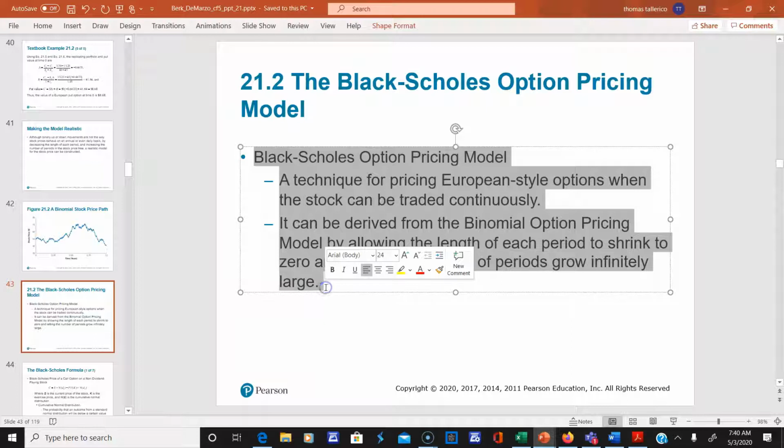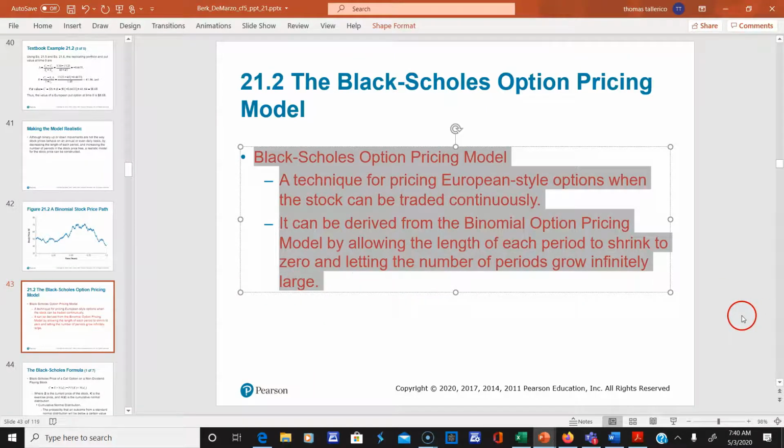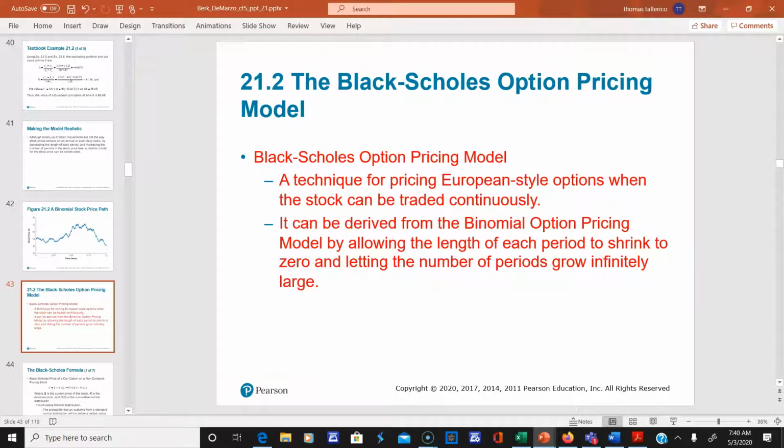And just some interesting history: Black and Scholes were having trouble with the math, and they called on a guy named Robert Merton to help them with the math. So anyway, they come up with this model, and then like 25 years later,